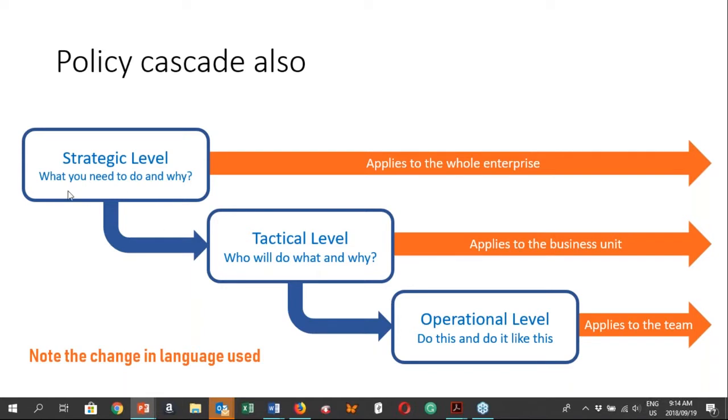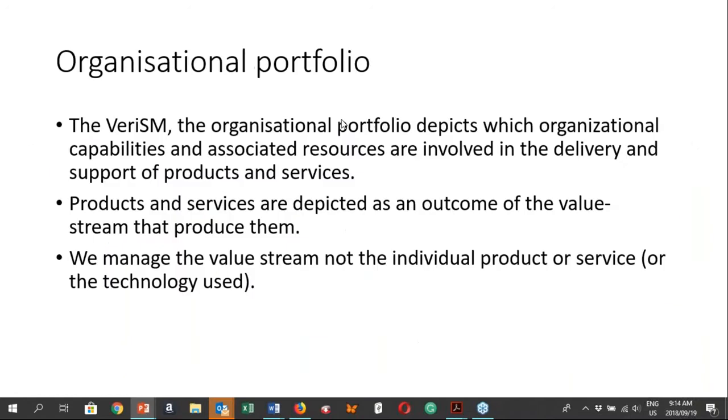In the first one, what and why, but at the tactical level, you start saying who's going to do it also. At an operational level, your policy actually becomes very close to supporting processes and procedures, and saying you have to do this. So these three elements are really important in terms of giving direction for the organization so that we can properly act upon it.